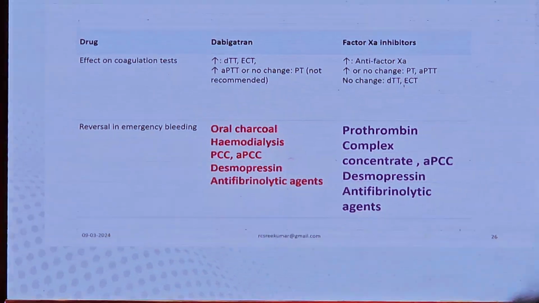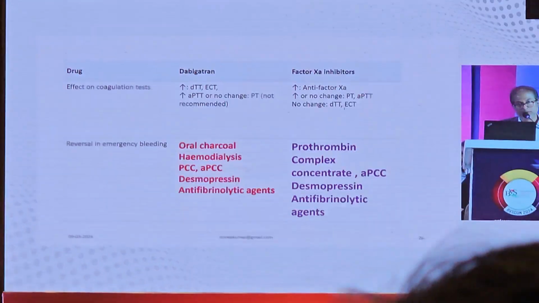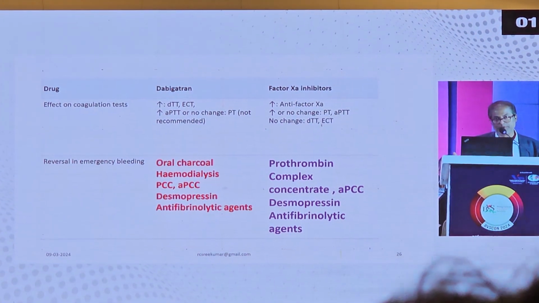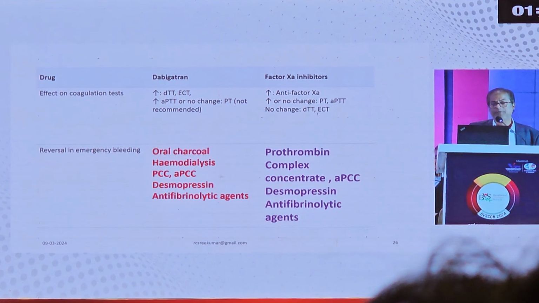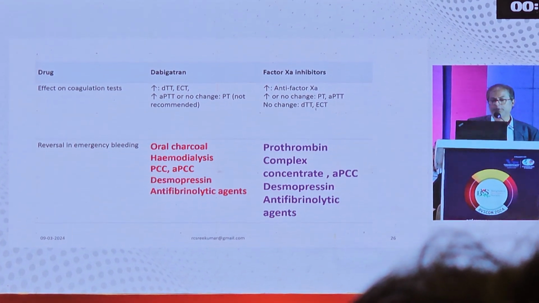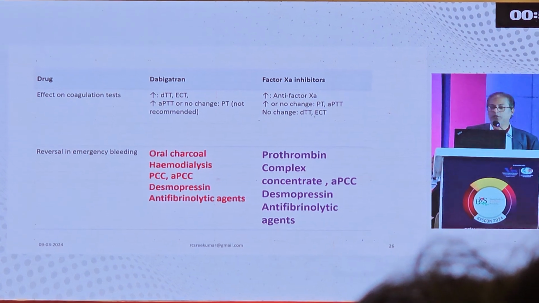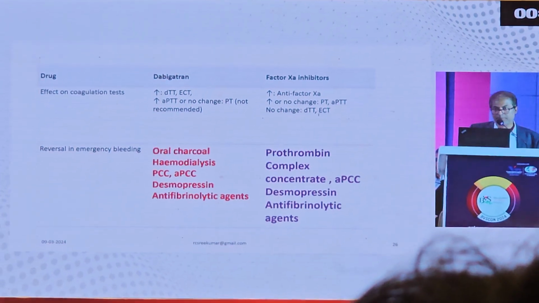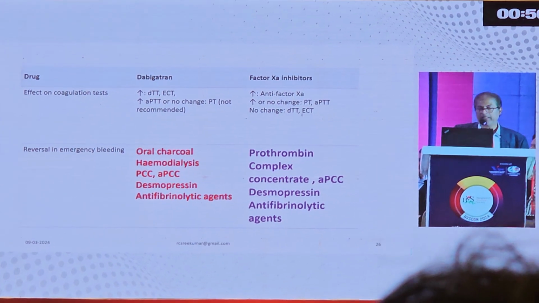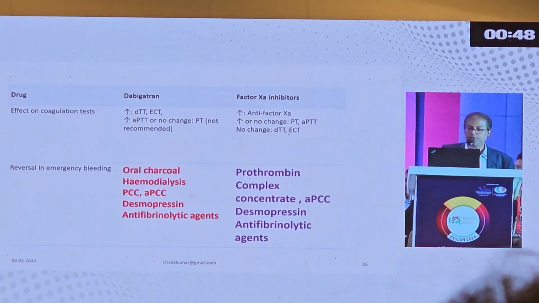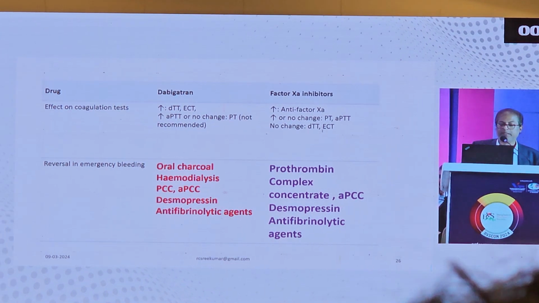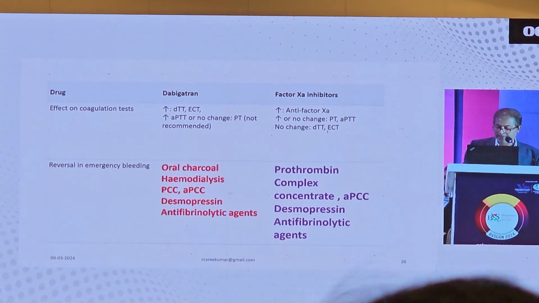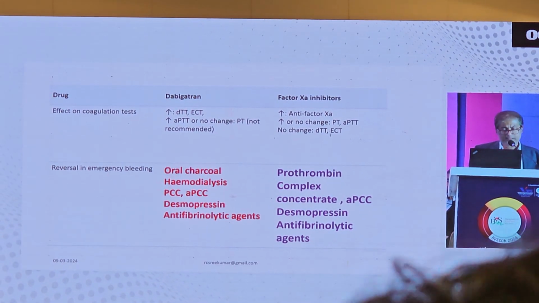So how to follow up these patients? In fact, no follow-up is required. We can give a fixed dose and the patient may have adequate action. But if you want to do it, you can go for a PTT or a PT. PT is not recommended, or you can go for anti-Xa levels. Antidotes are available, but the problem is they're not so effective and not so easily available. They're costly also. Desmopressin or other agents, hemodialysis, APCs can be done,